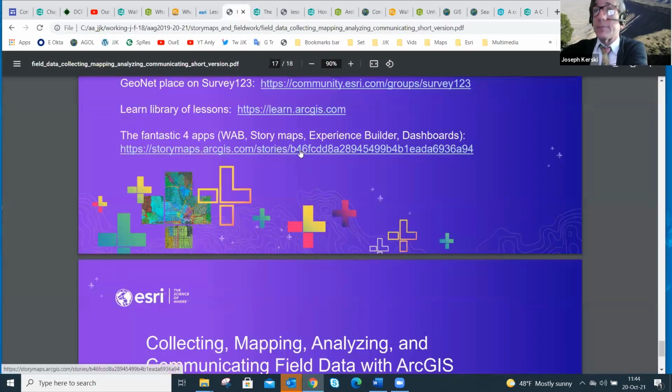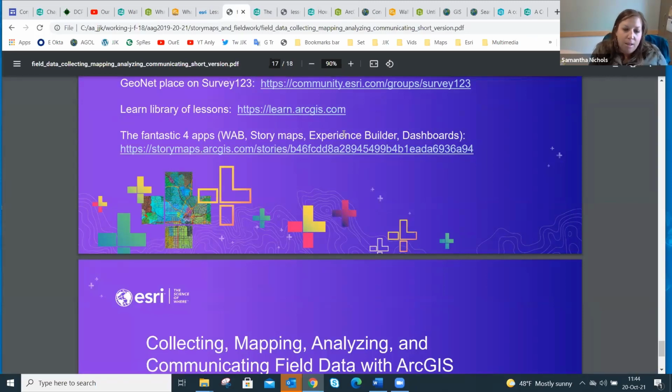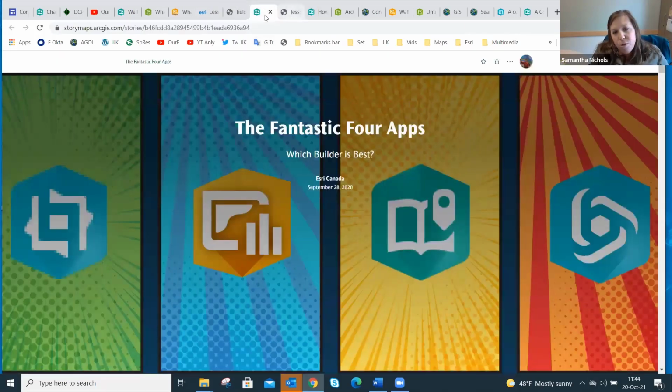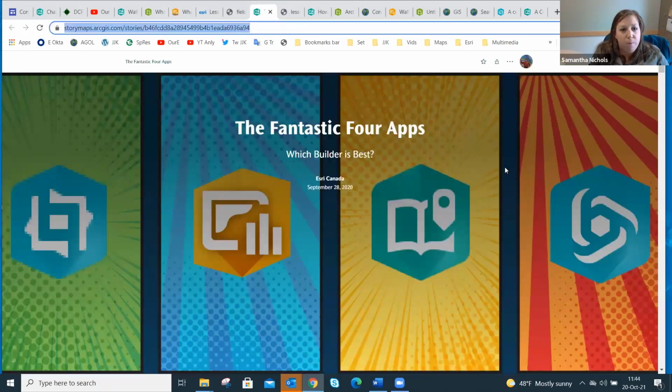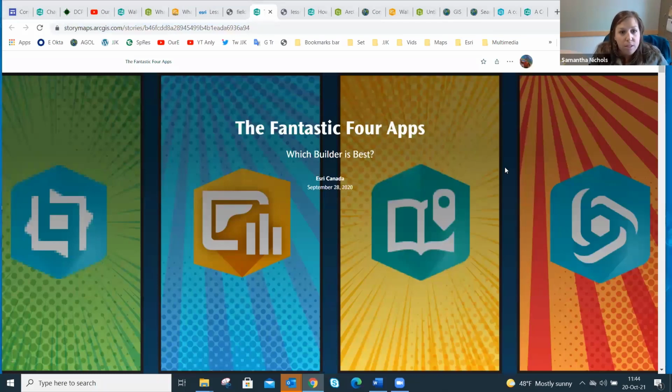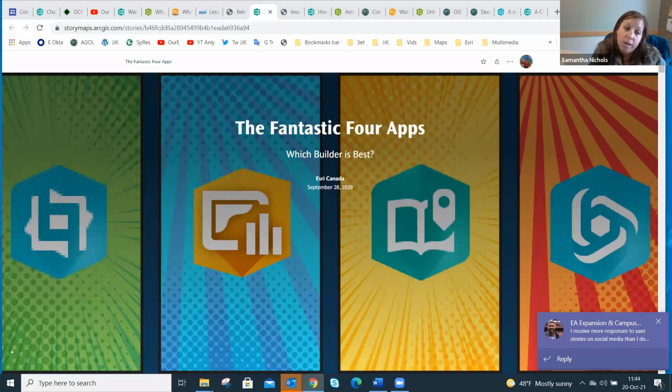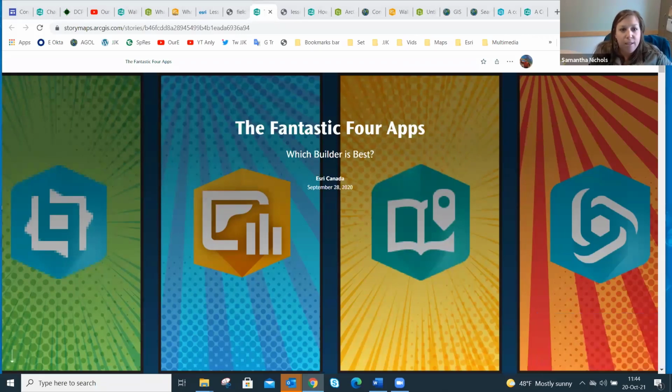I think that's fantastic, because sometimes we can all get pigeonholed into what we use and we have a preference, or it's daunting to learn something new. I know with Experience Builder, there was a bit of a curve when I made my first one. But to even be able to look at a resource like this and go, nope, this is not going to meet my needs, instead of trying to build it and realizing that after the fact, would be fantastic.